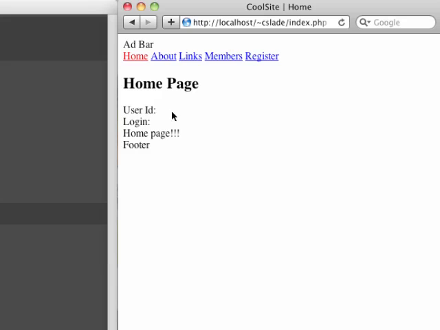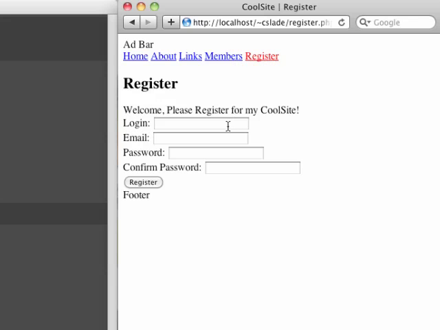So now, besides just using sessions to store whether a user's been logged in or logged out, and we'll go into that in much more detail in a later lecture, there's other things that we can use sessions for. Since we're able to track a user throughout our site, we can use it for a lot of things to keep information about the user, and that can help us make the site a little bit better. So if I register a new user here,